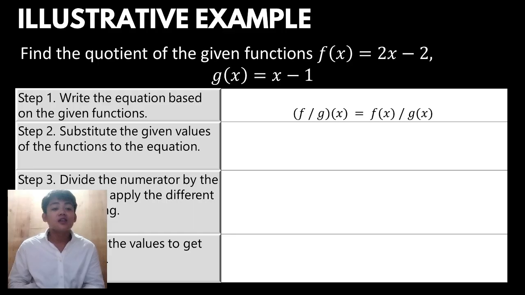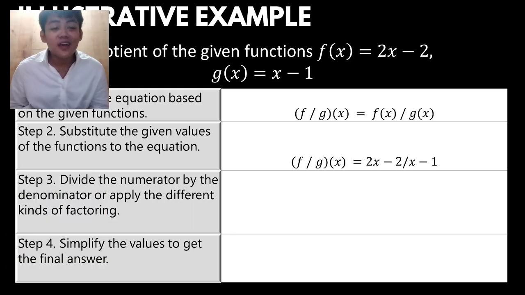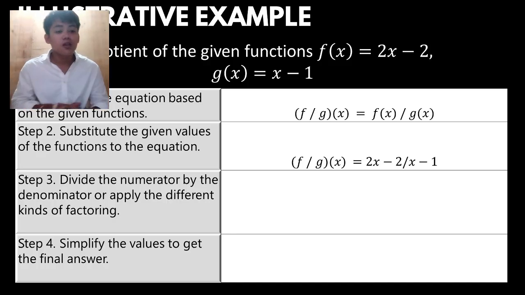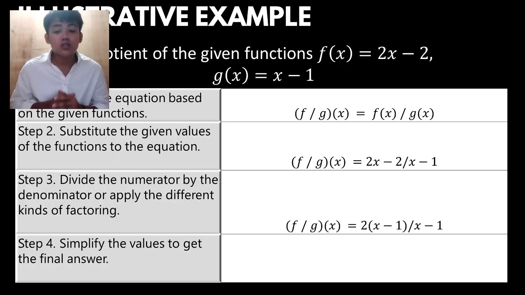We will have 2x minus 2 over x minus 1. Then, performing the factoring method for the numerator, we just need to divide the number 2 in the numerator part so that it can be isolated. That is called the factoring method. So upon factoring, you will get the second equation, which is